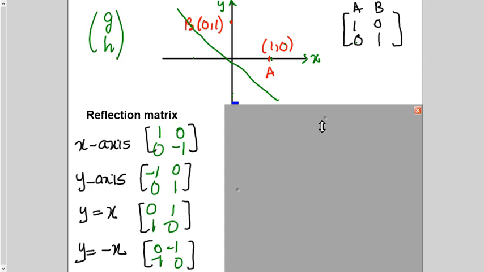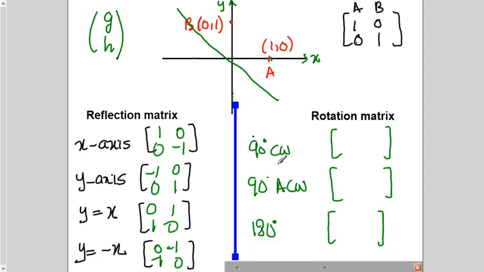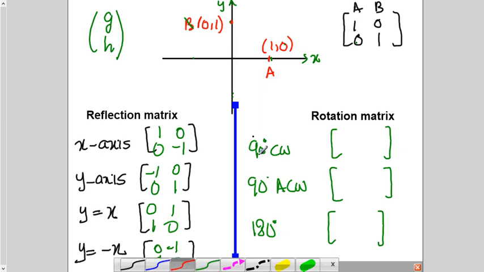Now let's see for rotation also, same thing, okay? Because you need to know how to write these matrices, because you can't learn them by heart, all of them. You should know the way to figure it out. Okay, so 90-degree clockwise rotation, and it is about origin, remember, okay? So now this is the standard. 90-degree clockwise means this point will come here and this point will come here, because you see 90 degrees made here. So it will be 0, 1 and this will be 1, 0.